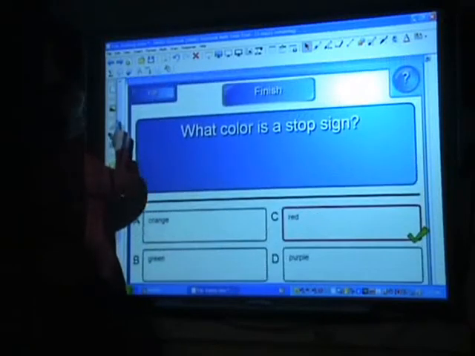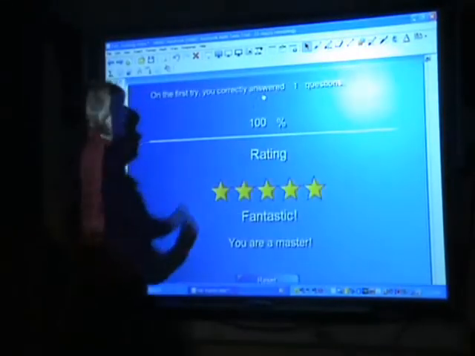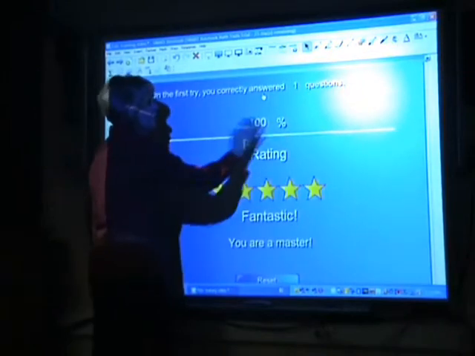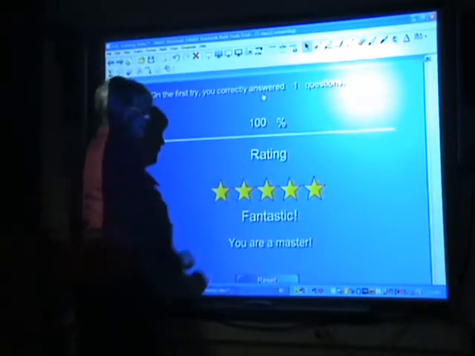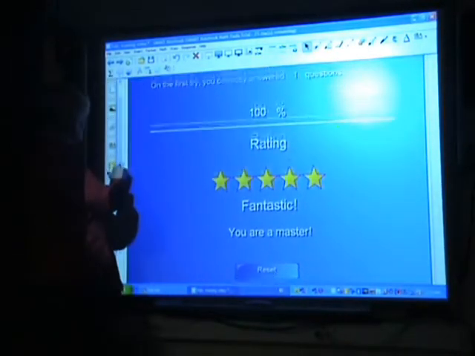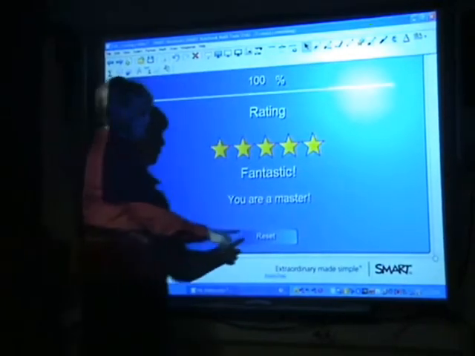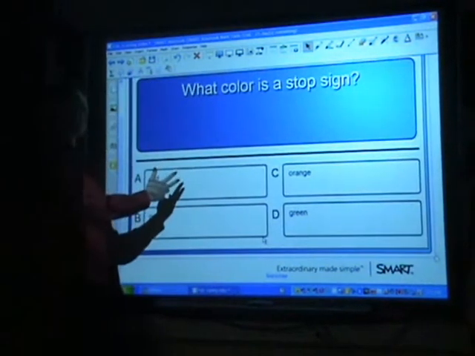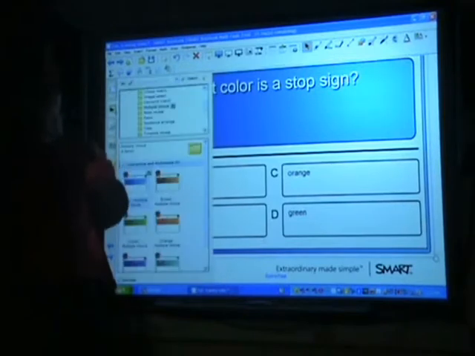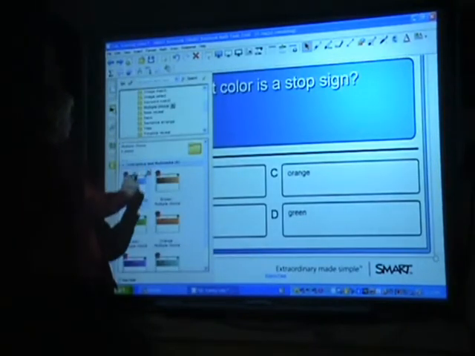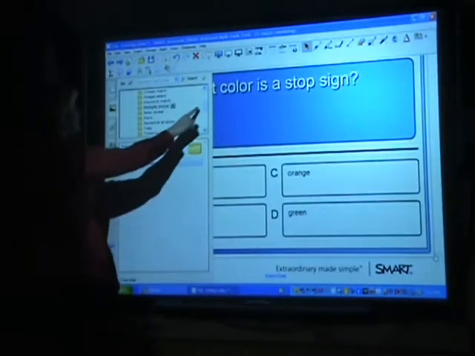Okay? When you're done, you click on the finish, and it lets you know your score and gives you a little rating, and the kids really do like seeing that and seeing right away what their score was. We can reset, it's ready to go again. Let's go back to the gallery, and you'll be able to see, let me go up,